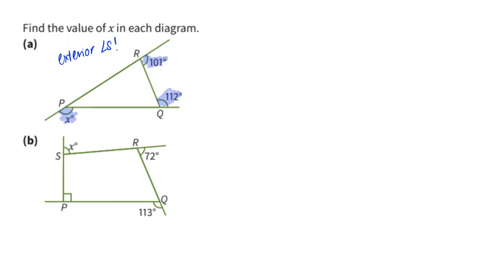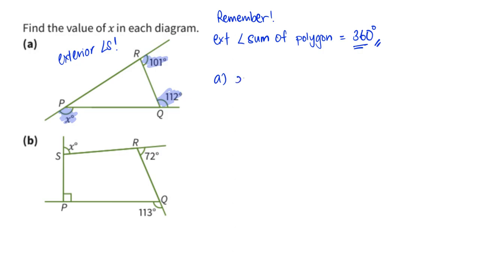And there is something really important to remember: the exterior angle sum of a polygon is equal to 360 degrees. Meaning that actually x, 112 and 101 add up to 360 degrees. So for part A, if we know that, x is simply 360 minus 101 minus 112